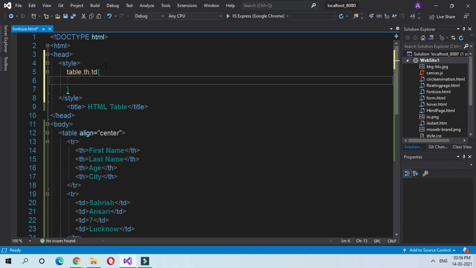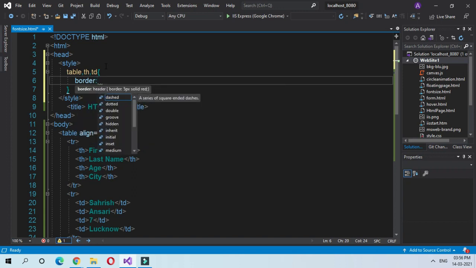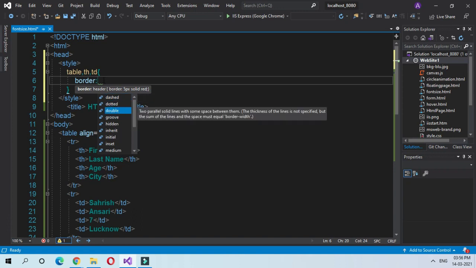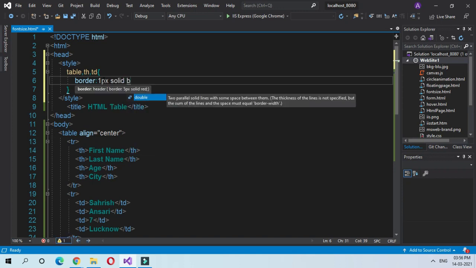Under this give border, B-O-R-D-E-R, colon. Let us give only 1 pixel of border, with solid, and color black, semicolon.